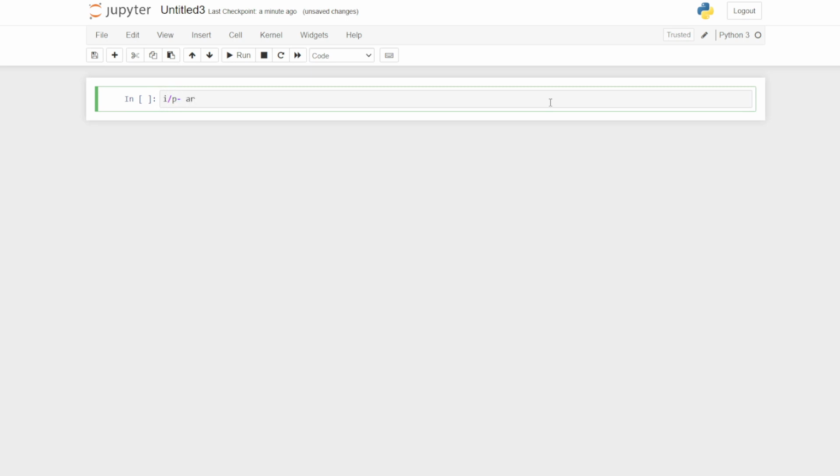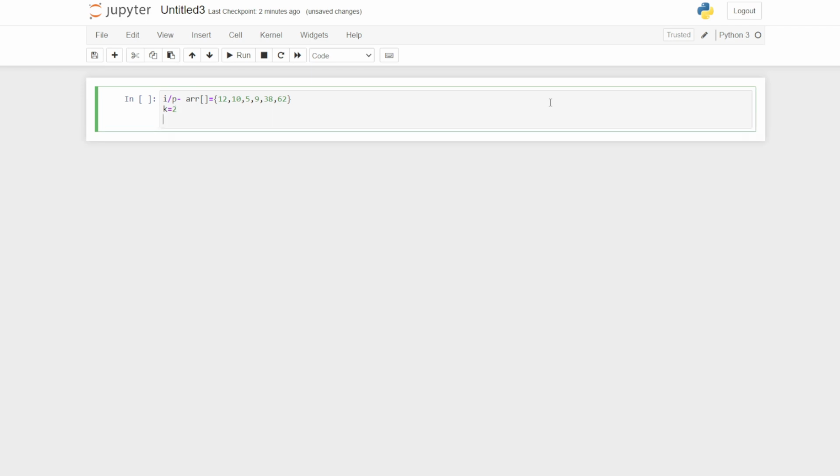The given array is 12, 10, 5, then 9, then 38, then 62. It is a random array, okay? And then we have k is equal to 2, which is the number of elements that we have to cut from the start and paste at the end of the array.